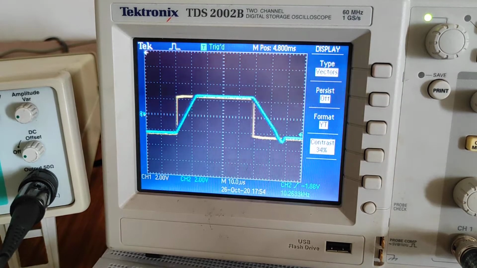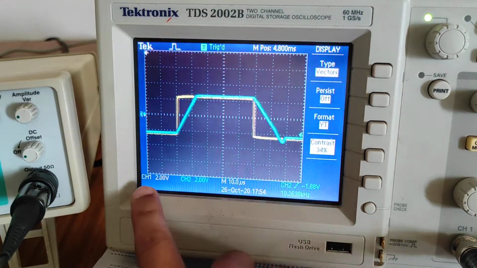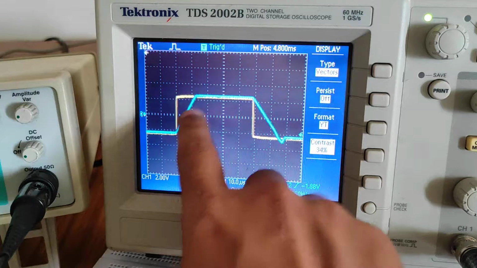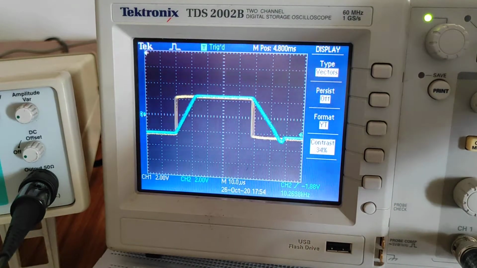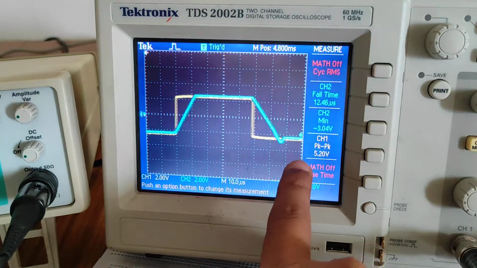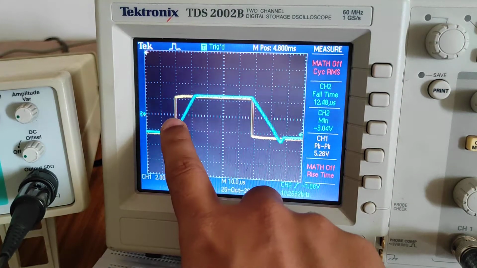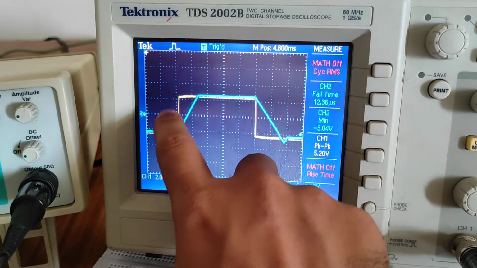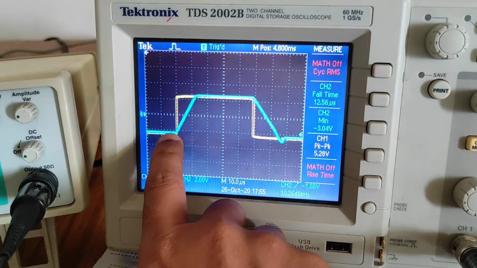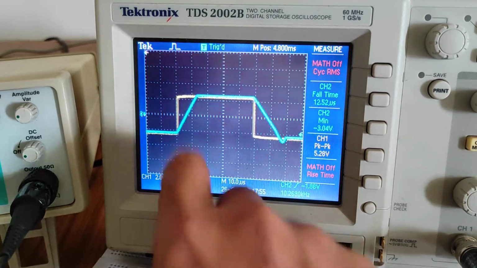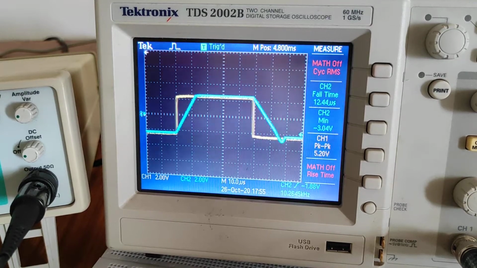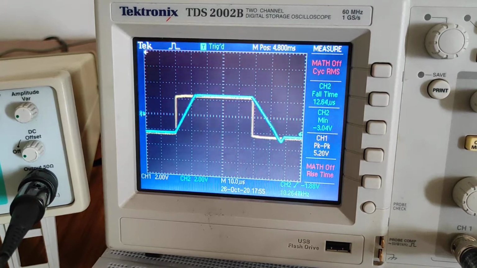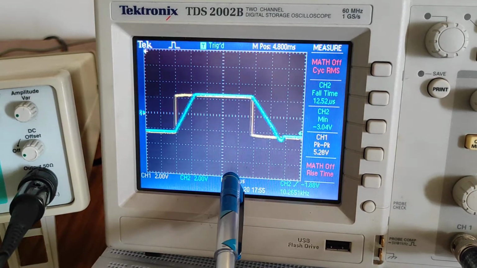Now what is that voltage? We can find out from here: 2 volt peak to peak. If you want to measure it, if I measure the channel voltage, it is showing around 5 volt, meaning 2.5 volt peak, so peak to peak it is around 5 volt. It is taking one block of time to reach 5 volt. Means the output voltage is 5 volt and it is taking one block of time. What is that one block of time? It is nothing but 10 microsecond.